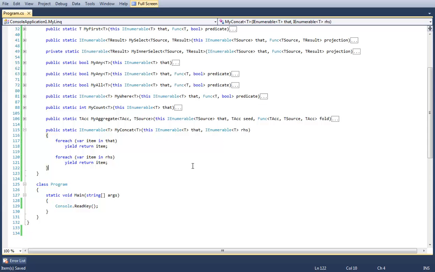Okay, let's just go ahead and talk about union, unless there's anything else about concat that people are concerned about. To use concat, I can go ahead and show a simple usage.